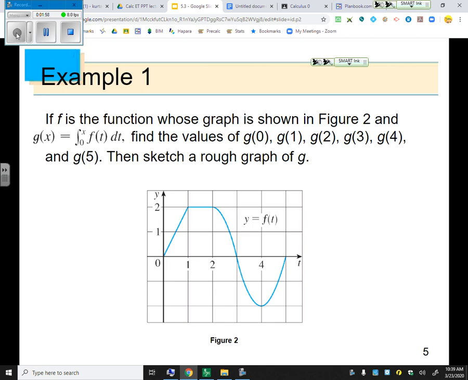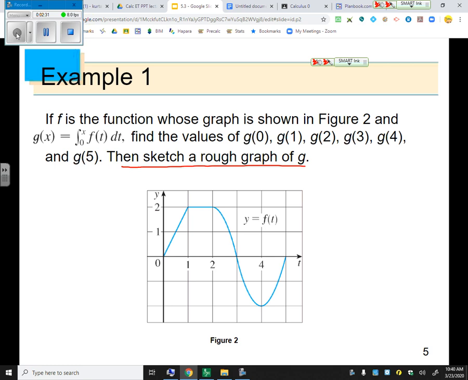It says if f is the function whose graph is shown in figure 2, so we have some function, I have no idea what it's going to be, but it follows this blue line right here. It's probably a piecewise function with that being leveled off right there. And g of x is defined as the area from 0 to x of this function f. I want to find the values of g of 0, 1, 2, 3, 4, and 5. And then I will make a rough sketch of the graph of g. Okay,